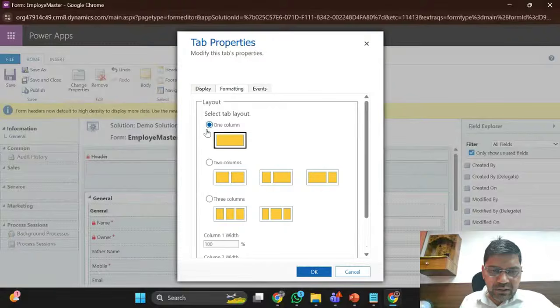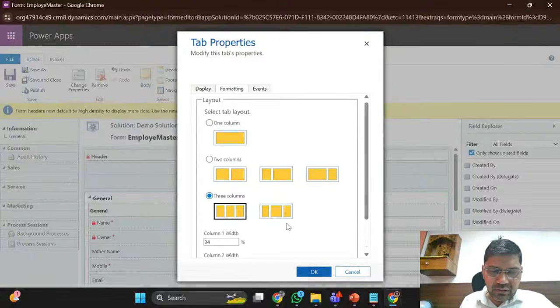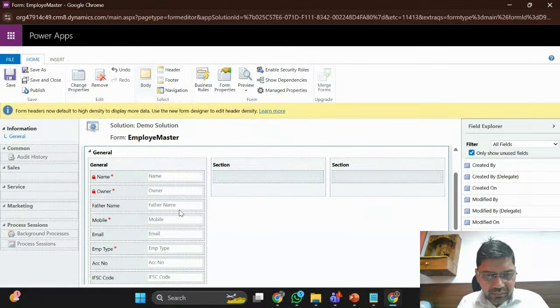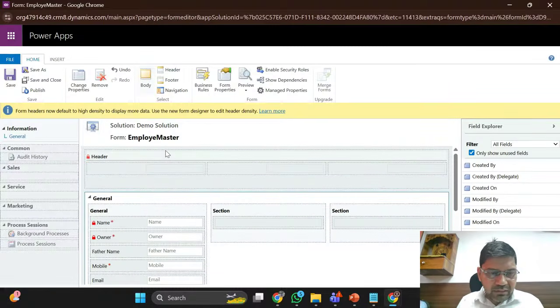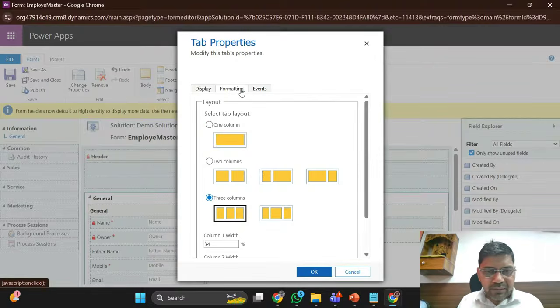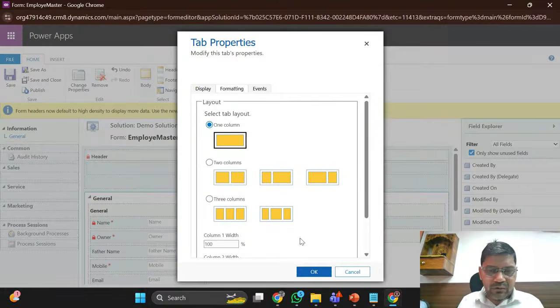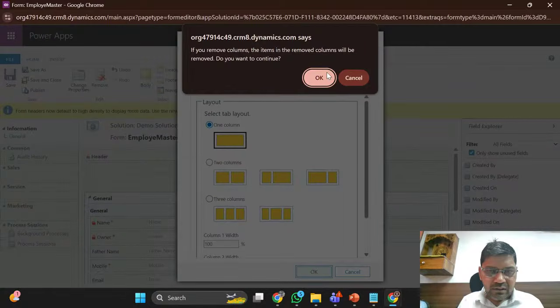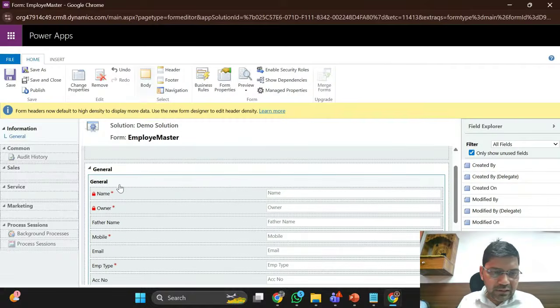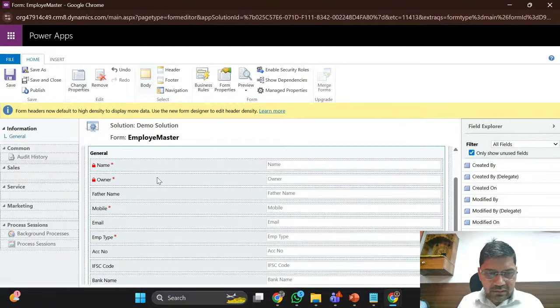Here, formatting is now one column. Instead of one column, let's use a three-column layout. Okay, fine. Now, this section, not the tab level, three columns. We have layouts in different tabs. A tab is one column only, but we have to do formatting in the,